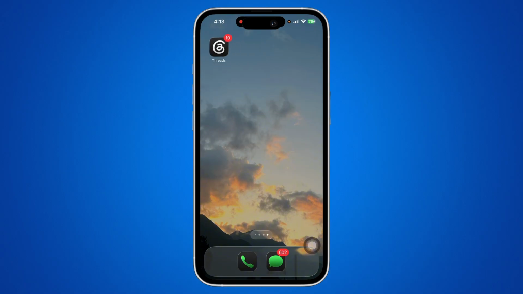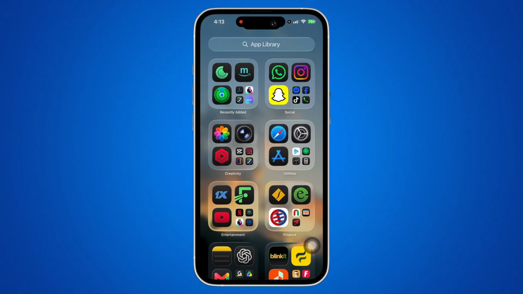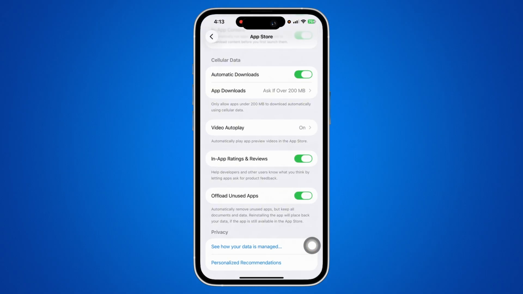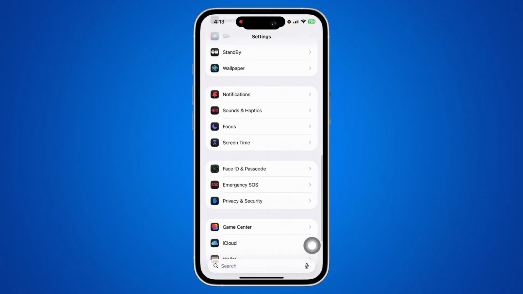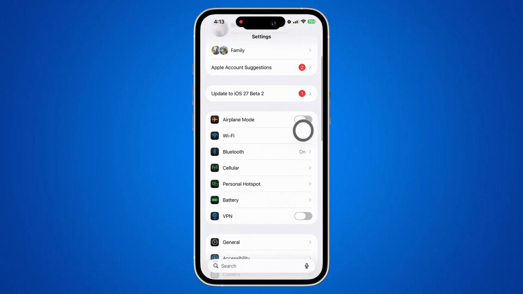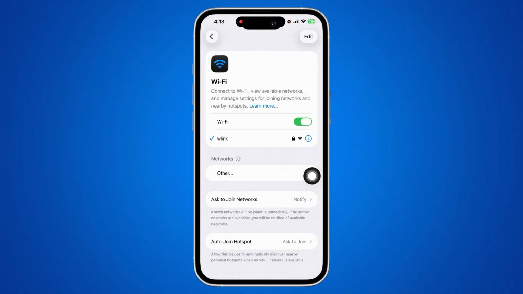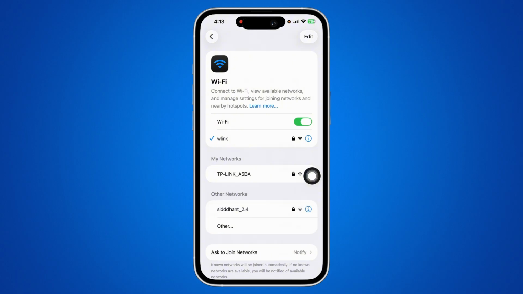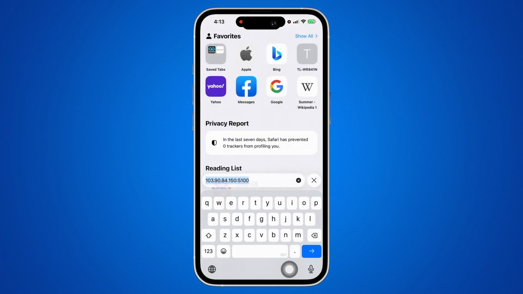First things first, go ahead and check your internet connection and make sure that you are connected to a proper working internet connection, and if not, then you can switch between Wi-Fi and mobile data. See if that helps, and if not, then you can simply open your preferred browser and now in the search